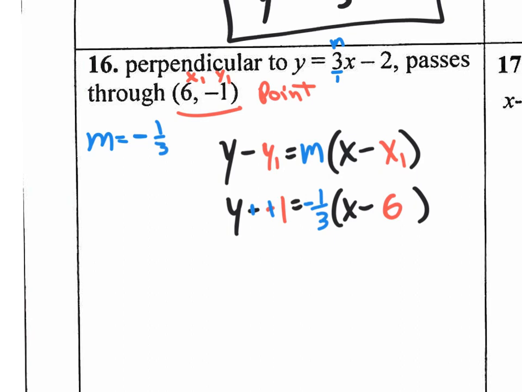So we're going to distribute that negative 1/3 times x. That'll give me a negative 1/3 x. And then negative 1/3 times 6. Again, if you're confused about multiplying numbers with fractions, put the number over 1. That way you have two fractions. Multiply the top with the top and the bottom with the bottom. So negative 1 times 6,